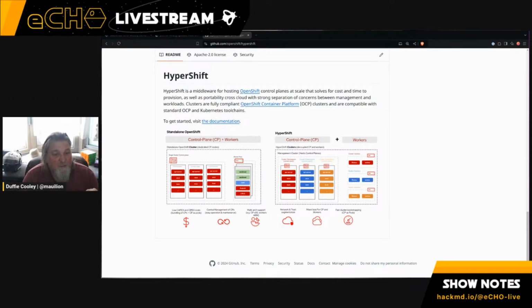It still works in that scenario, because by leveraging the KubeVirt component, you can create what's called a node pool.